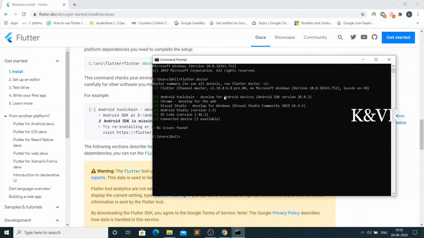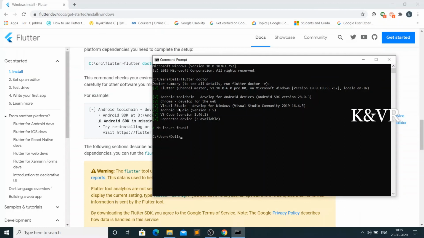Whatever it shows, like Android toolchain licenses, type in the command prompt and press yes about five times. It will ask yes or no, so just type yes and give the permissions for the Android toolchain licenses. Then it will go to the green tick.